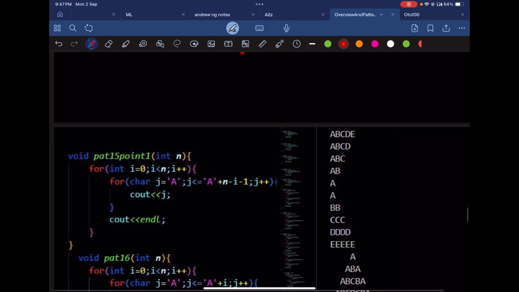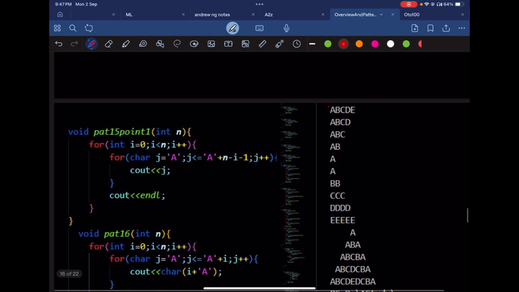So we have the next pattern, which is pattern 15.1. So when we have to print ABCDE, ABCD, ABC and AB, A. So how are we going to make this pattern? Again, just think about the rows. We have the number of rows 5, then 4, then 3, then 2, then 1. So as you know, there are 5 rows. So the first loop will be i less than 5, and for the second row,